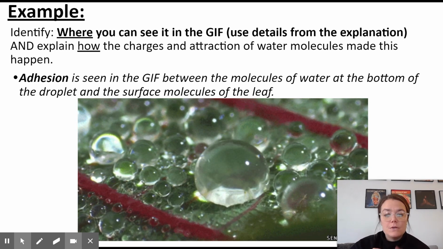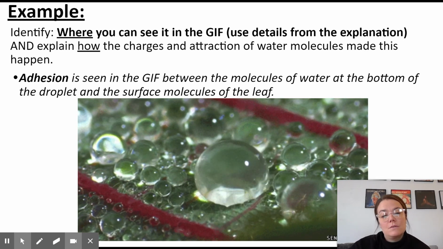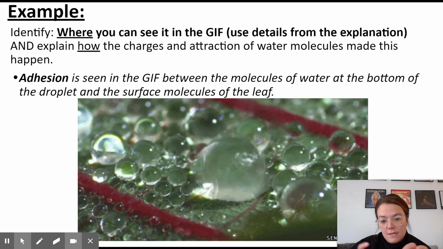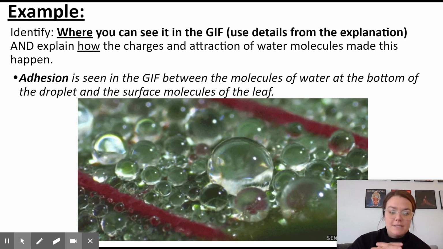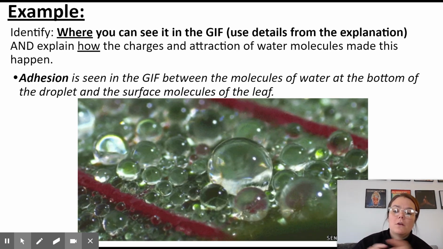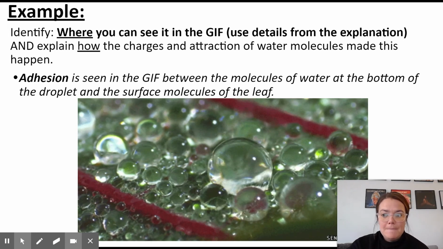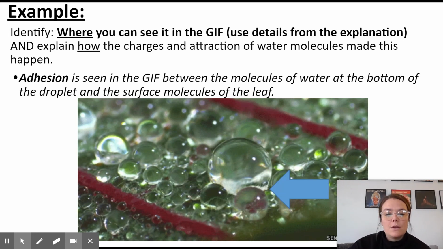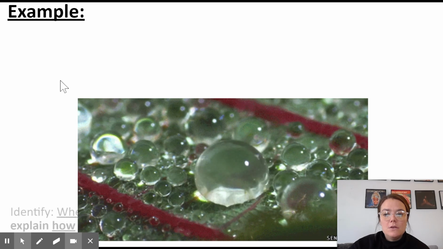So you could say adhesion here, that the water is sticking to the bottom of a leaf, because we see those water droplets sticking there. You could also say cohesion because we see those water molecules coming together to make an even bigger water droplet, okay? So then the third piece of what you're going to do is